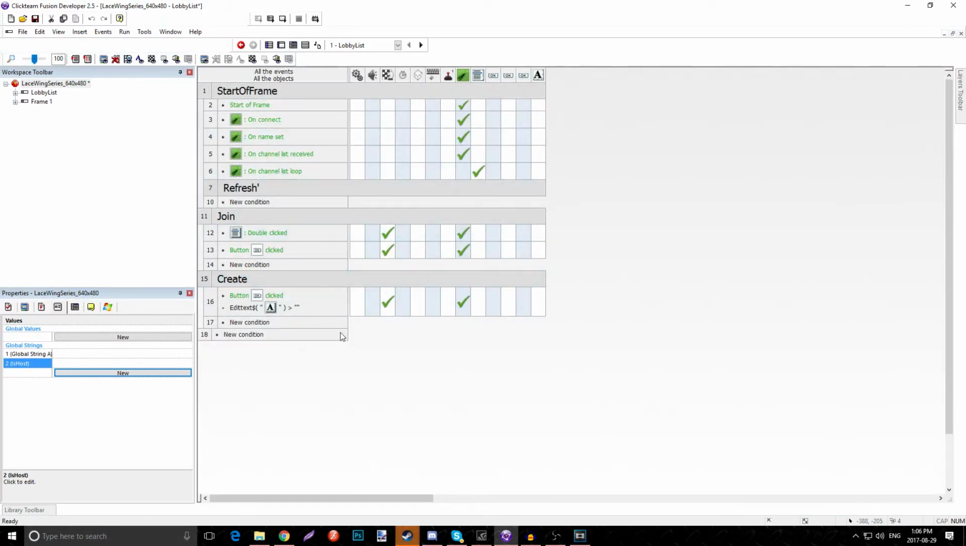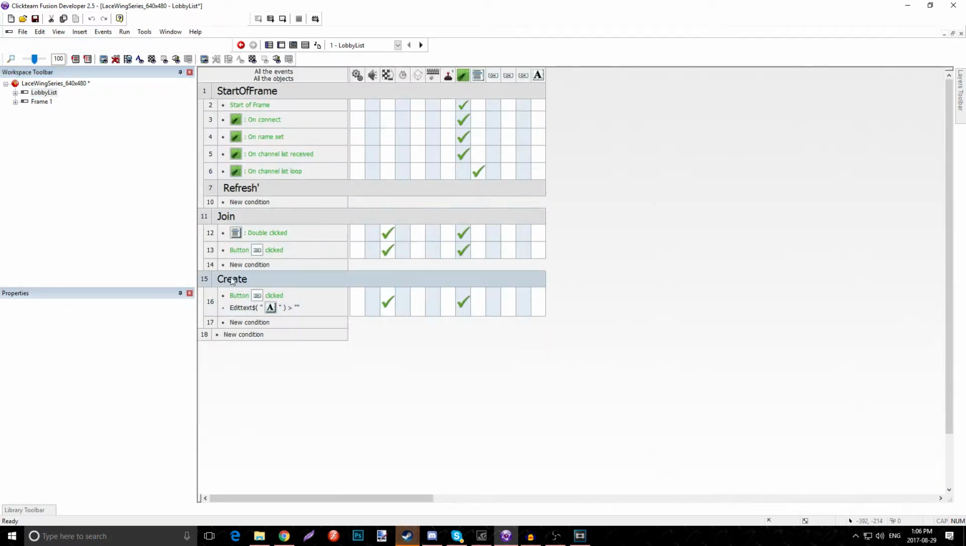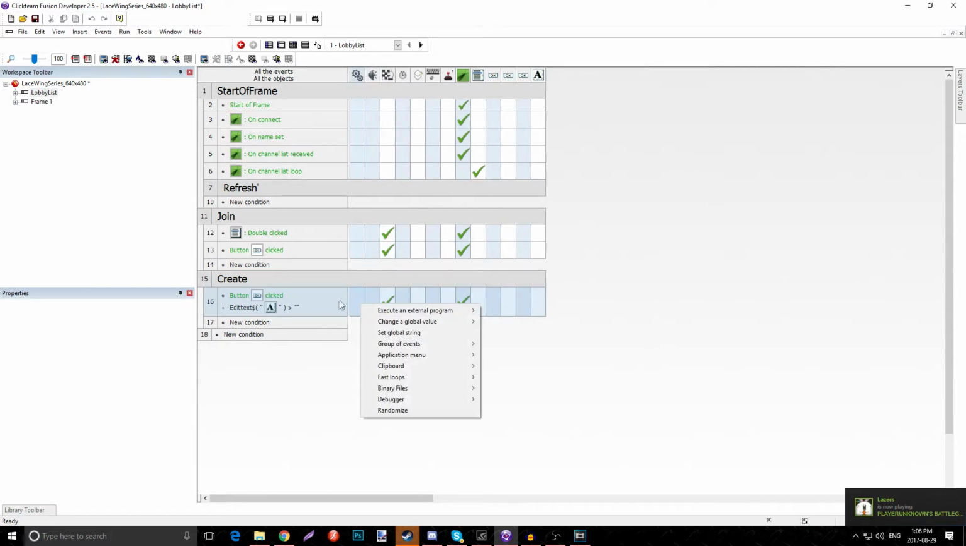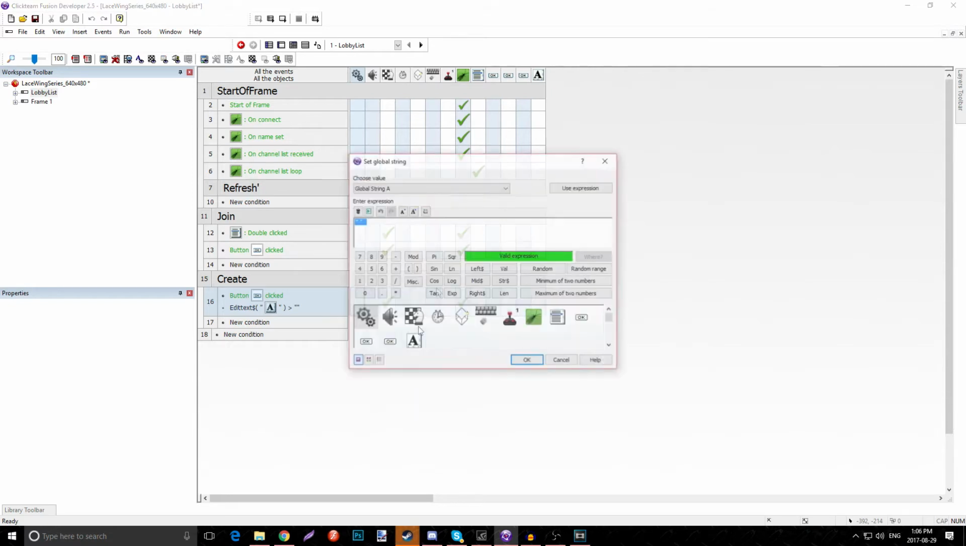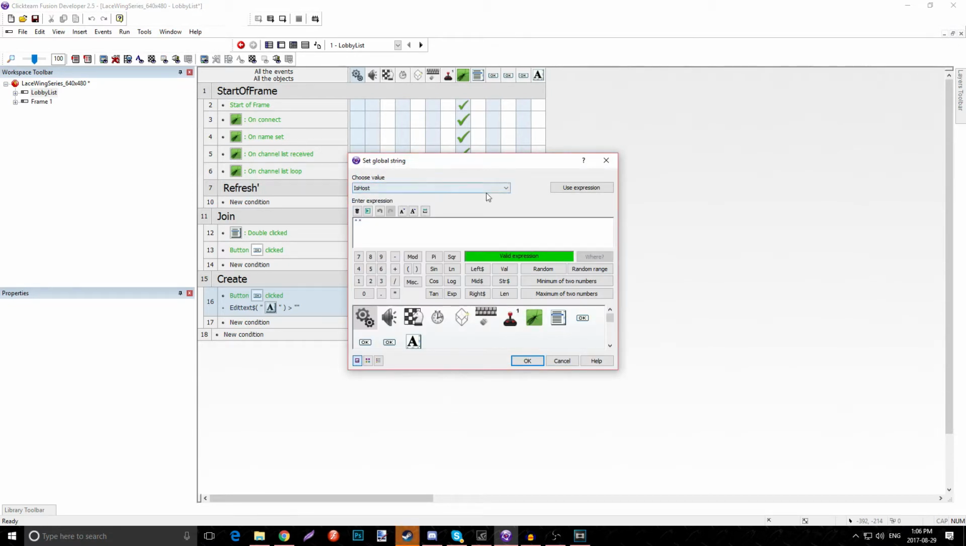just like that. So on the lobby list screen, under the create section, when you click the create button, it creates the channel and so on. What we're going to do is right click under the special conditions on this event. We're going to set global string, and then we're going to go to is host. We're going to do is host,